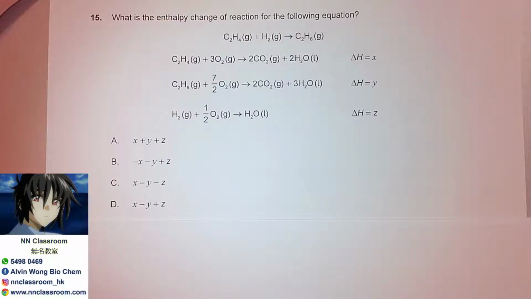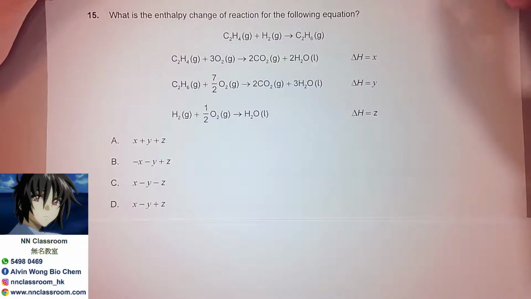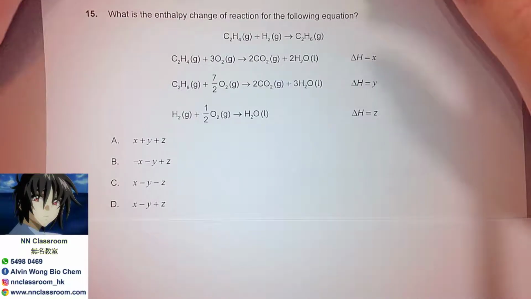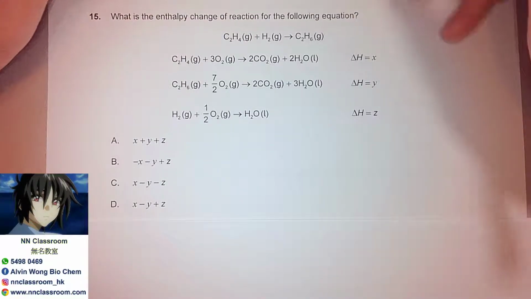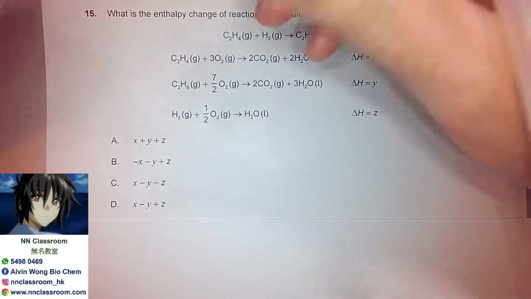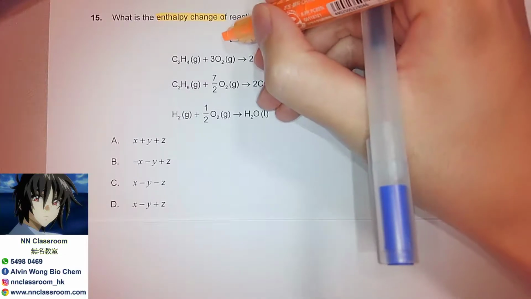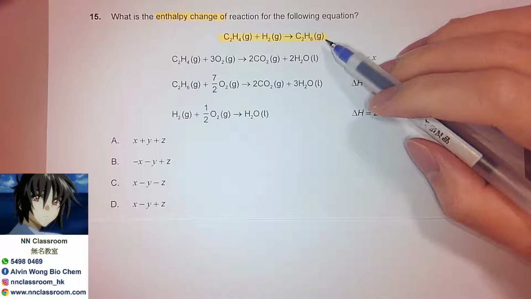Today I'd like to share with you a past paper question from 2019 Time Zone 1 in May. So that is question number 15, relating to topic 5, energetics, enthalpy change calculation in particular, asking what is the enthalpy change of reaction? So that is the delta H for the following equation. So that means this is our target and I'm going to find out the delta H based on the given